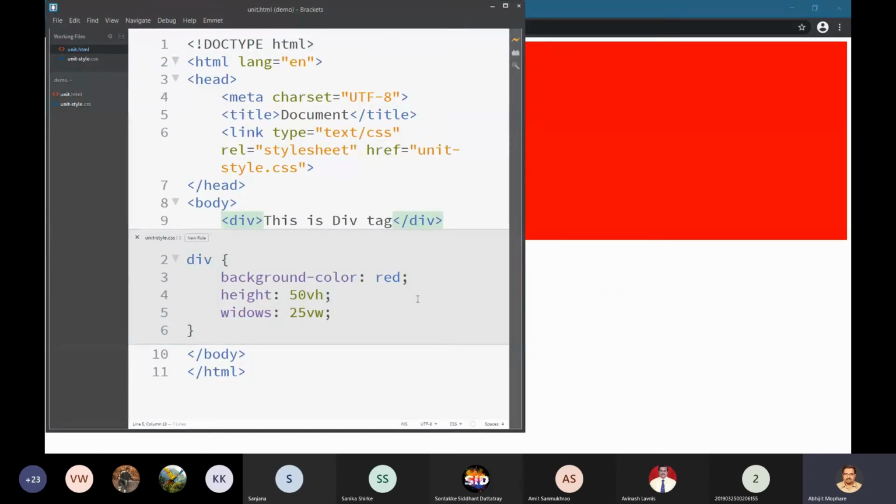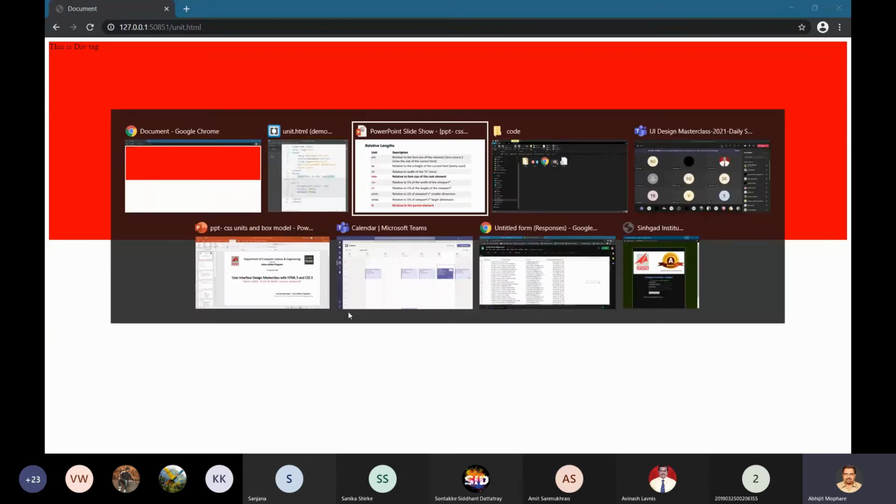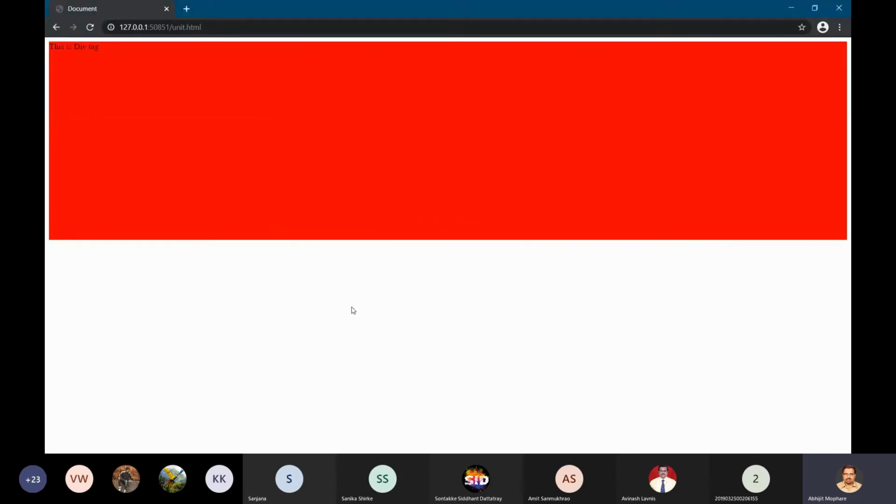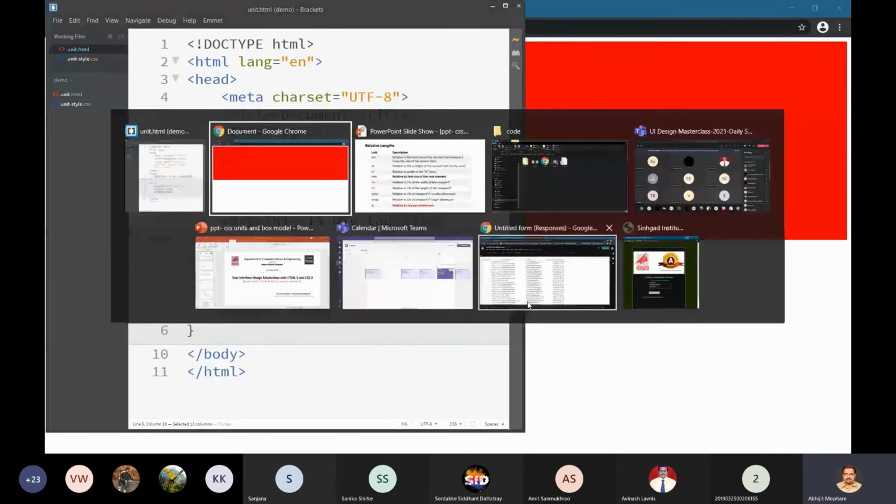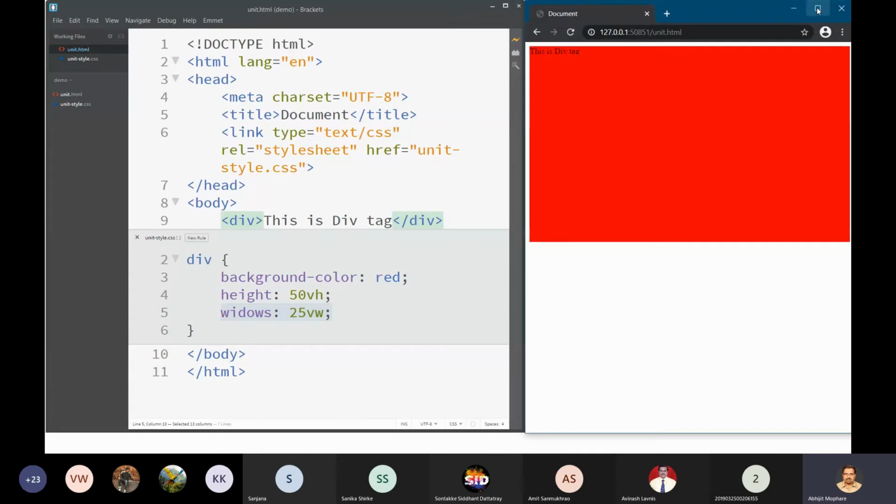Normally the viewport height is the most frequently used because there are a few issues with the VW unit. It behaves very strangely if you are using it. We will go into detail why it is doing so when we understand the layout and display properties and float and position properties in detail. But at this point of time you will not understand why. Sorry, it is viewport, not width.